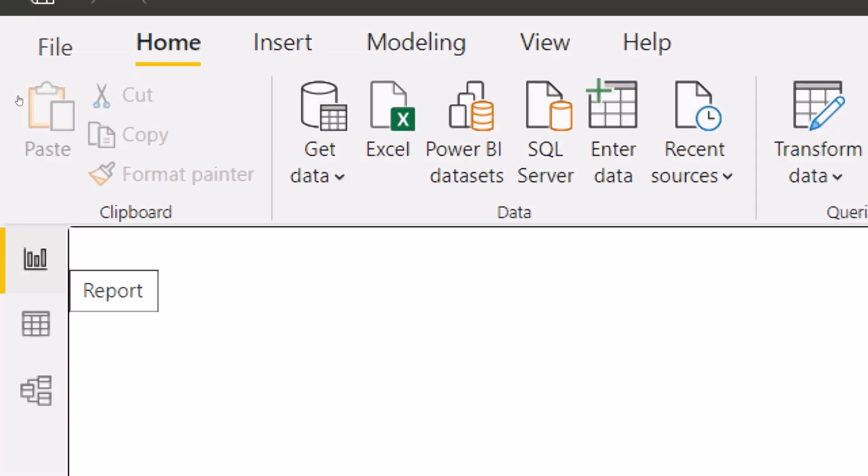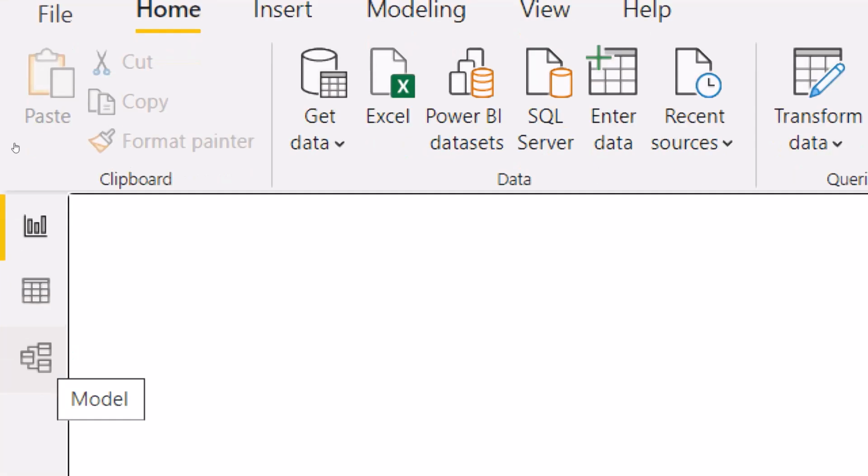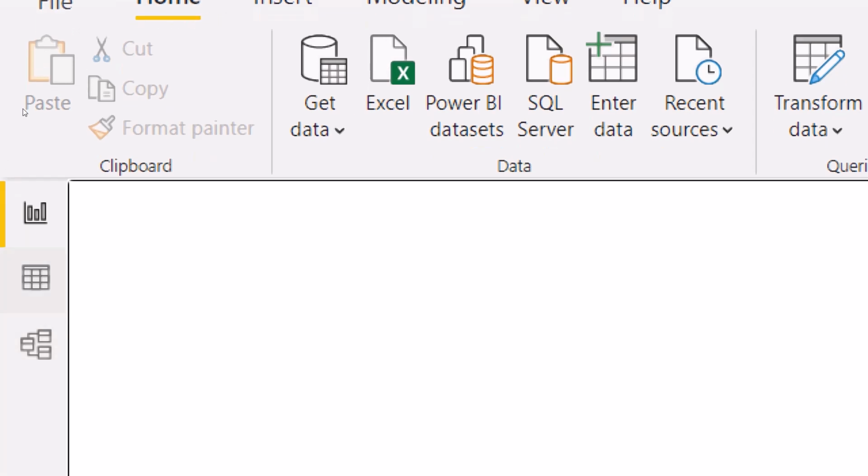Report tab is used for generating the reports, preparing the dashboards, and preparing tiles, and preparing all kinds of data visualization and beautification on your visuals. Data tab is used to modify your table or column data or to check the content of your tables. Model tab is used to create a relationship between the tables, as well as second aspect is very useful that I will show you how you can perform bulk operation by using model tab.